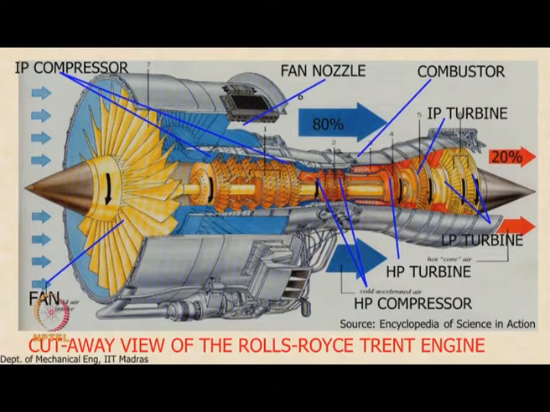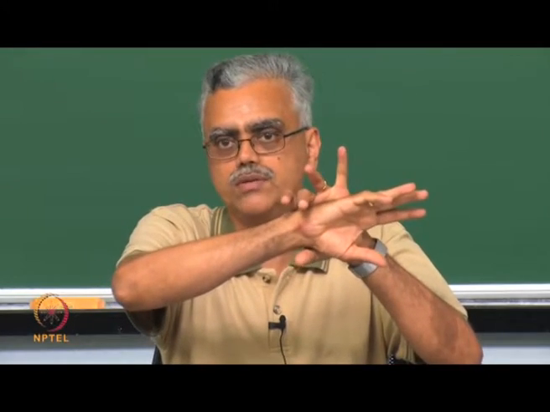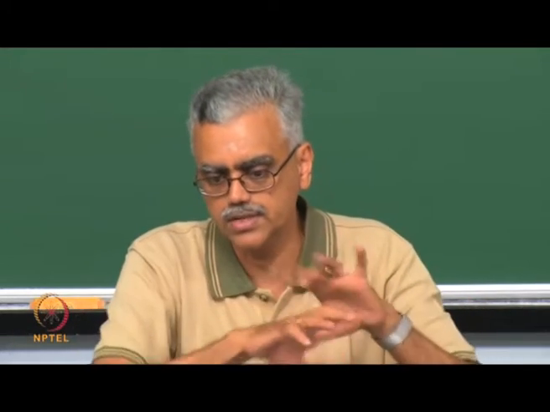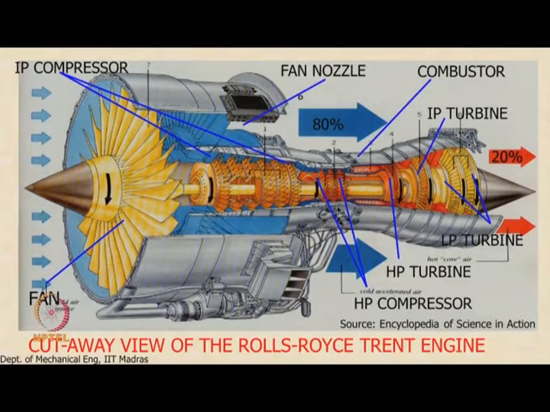Okay. Notice in the case of multiple shafts, one shaft within the other. You can see the innermost shaft which drives the fan blade, and the next shaft which drives the intermediate pressure compressor, and the even bigger shaft which drives the high pressure compressors. So all these 3 shafts are placed one inside the other, and they all rotate at different RPMs. Okay, so they are all concentric shafts running one inside the other.